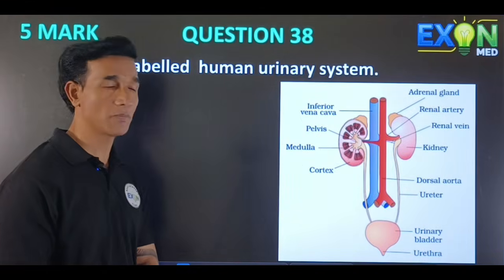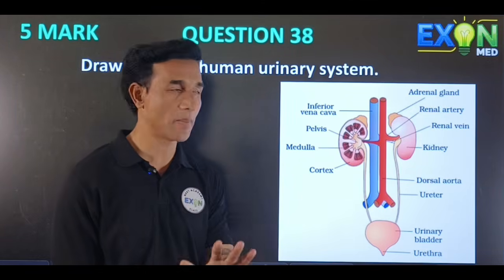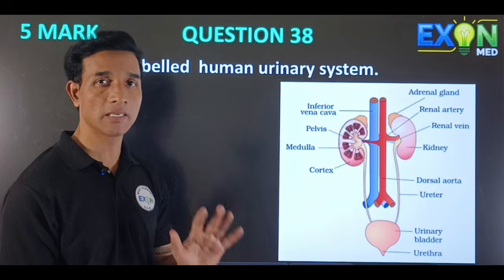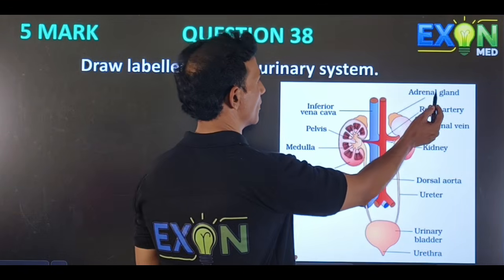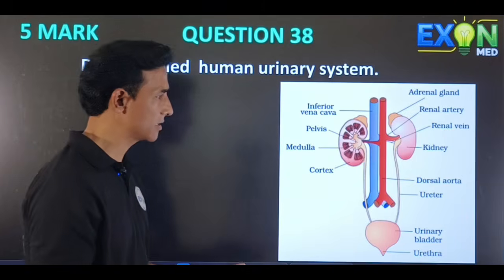Draw a neat labeled diagram of the human urinary system. So you have to draw this diagram. As it is for 5 marks, you have to label 10 parts. So you can go with 1, 2, 3, 4, 5, 6, any 10 you can choose, but you have to